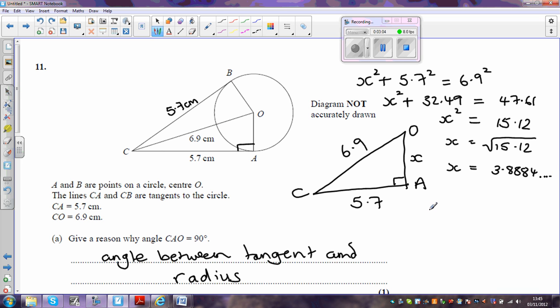The perimeter of the whole kite, if I start from C, is going to be 5.7, plus 3.8884, plus 3.8884 again. So I'm going to do two lots of 3.88 dot dot dot, which I've saved on the screen of my calculator, plus this length here, which is another 5.7. So you can see now I've gone all the way around the kite and found its perimeter. If I add all of those together on my calculator, I get